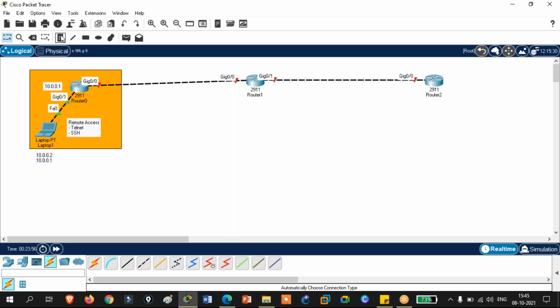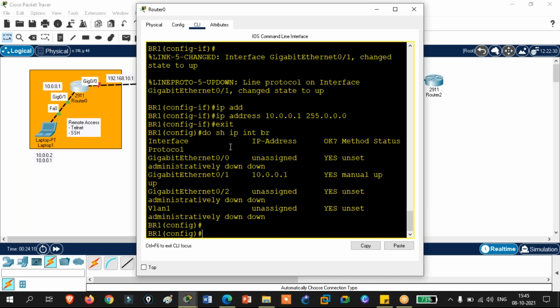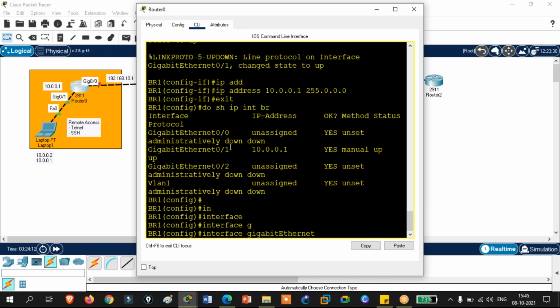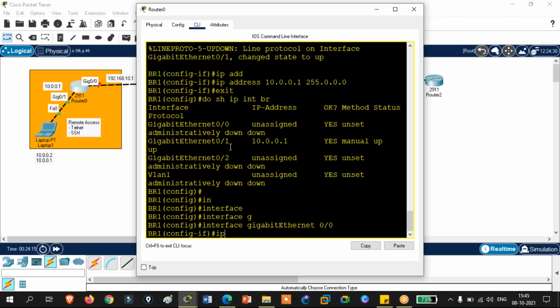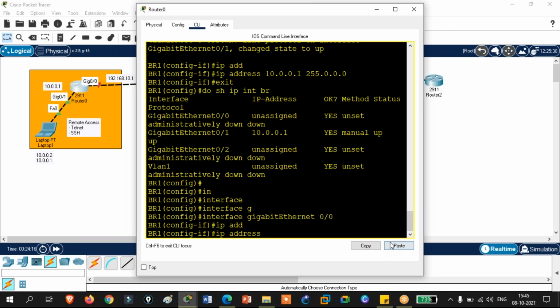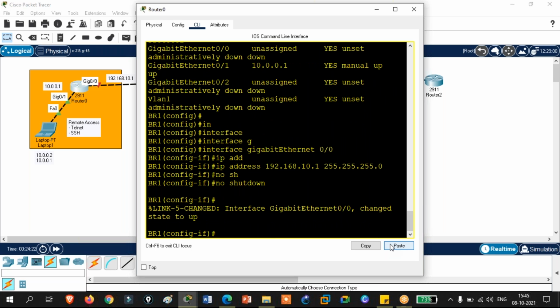Let's say I'm configuring IP here. Let's say this IP is 192.168.10.1 on this side, and on this side it is, let's say, 10.2. Go to gig 0/0, ip address, paste it, 255.255.255.0, no shutdown.